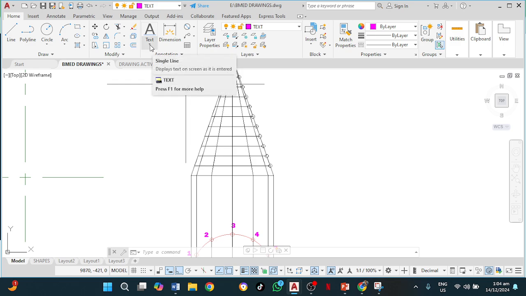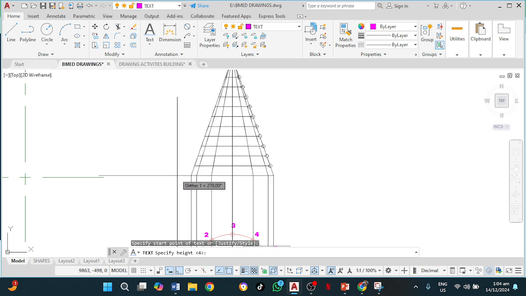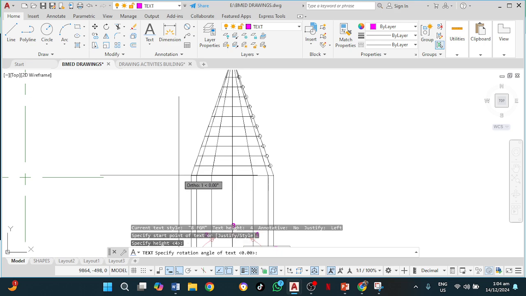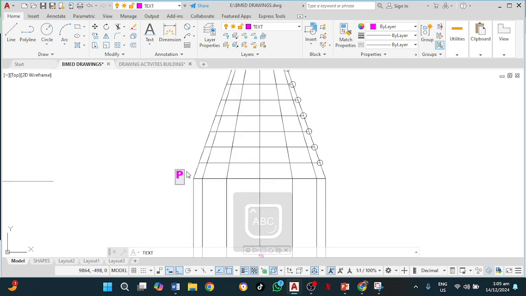And for that, I go up to text, text single line. Start point is here. Text title 4 is good. Enter to accept it. Rotation angle, enter to accept that as well. Then here is P. This is 1,